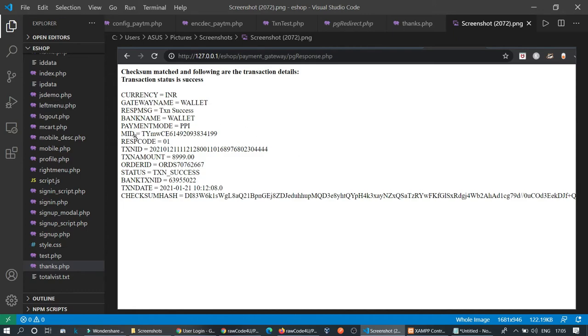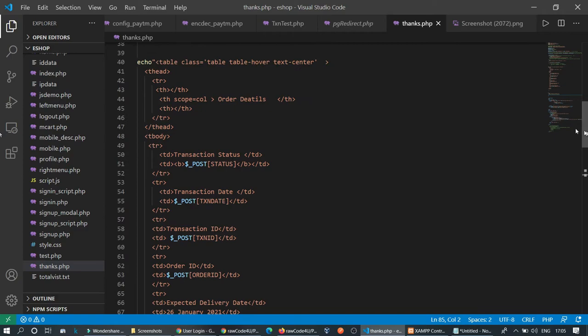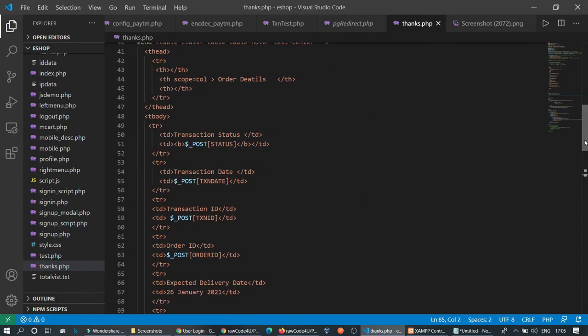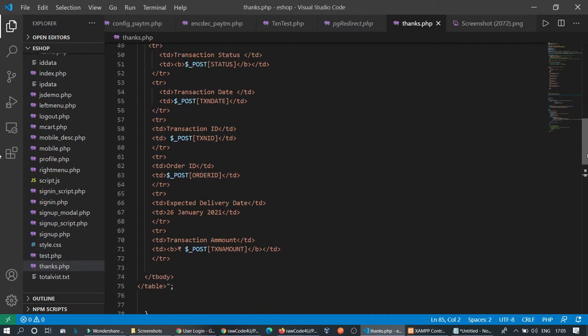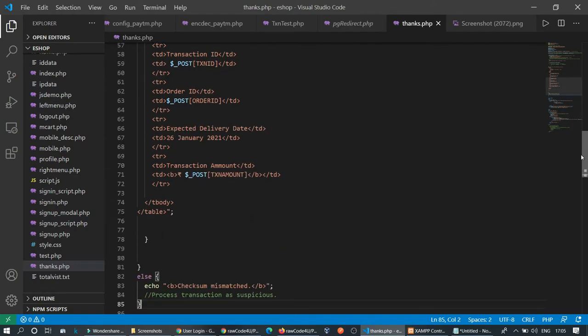That's why on our response page we print only the needed details. I created a table with transaction status, transaction date, transaction ID, order ID, expected delivery date, and transaction amount. Only these, not all the data.